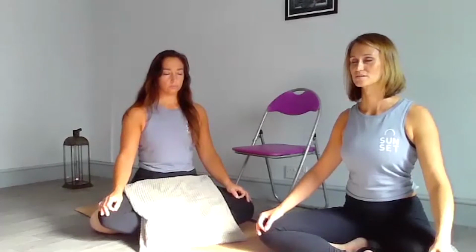left shoulder, left elbow, left wrist, left thumb, index finger, middle finger, ring finger, little finger, left wrist, left elbow, left shoulder, base of throat, moving down, center of chest,